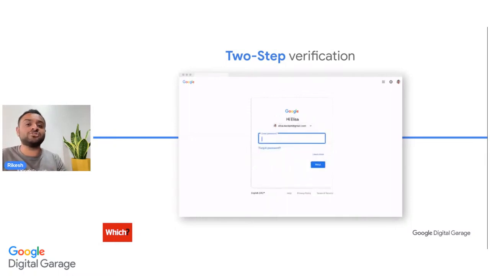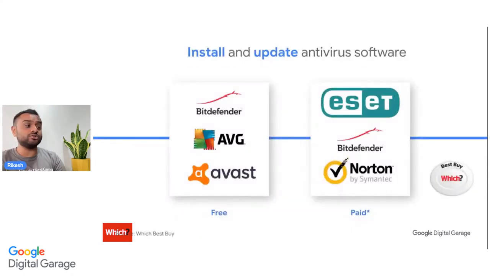It just gives that extra level of security there. Now, speaking of security, we can also look to install antivirus software on our devices. You can see some examples of antivirus brands out there. You've got some free options, you've got some paid options. These are based on Best Buy's options, which they've evaluated, and they've categorized them into